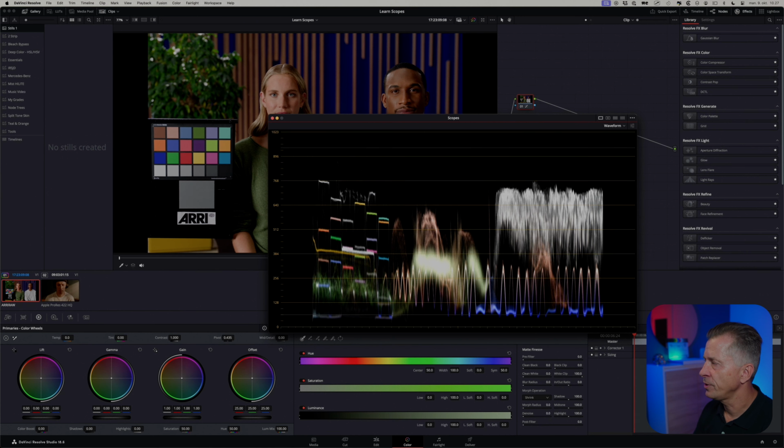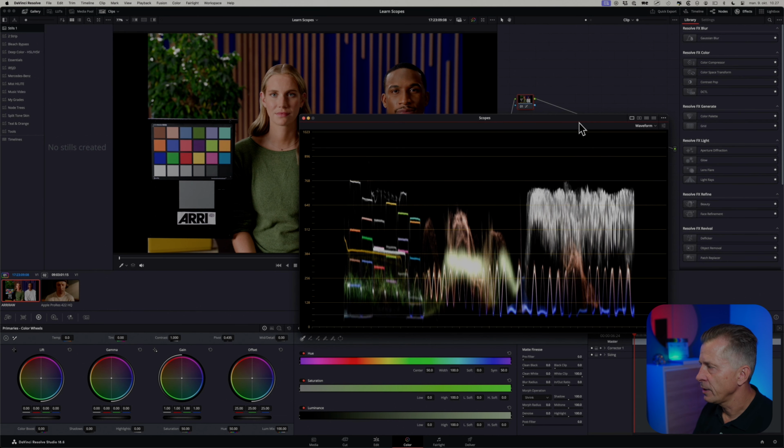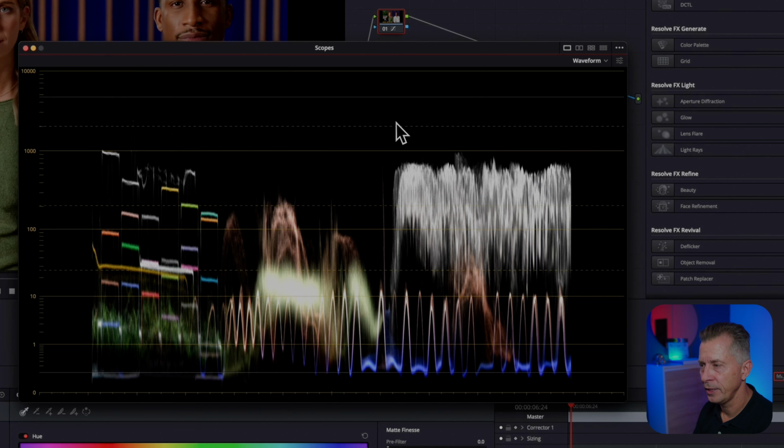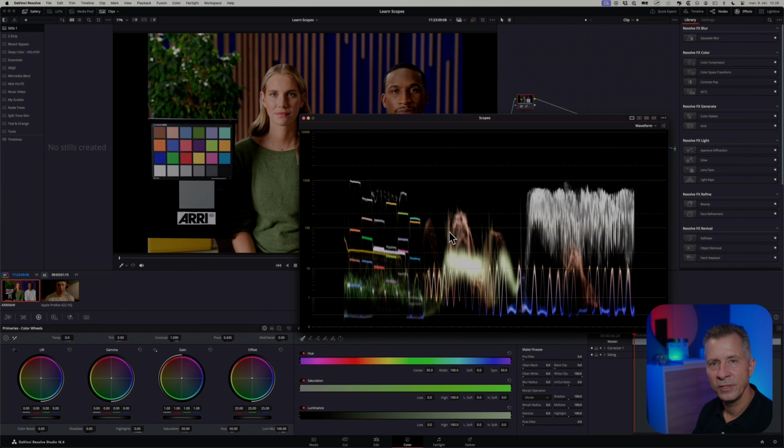So by default it measures the internal state of the image data in this numeric scale from 0 to 1023 in 10-bit, regardless of whether you set your data levels to video or to data, but we're going to come back to that later. If you're working on an HDR grade, you can go to the optional menu here, and under the waveform scale style you can choose HDR ST2084, and that will just replace your scale with a nit value scale going from 0 to 10,000. Now this is a Studio only feature, so it won't be available for you if you are on the free